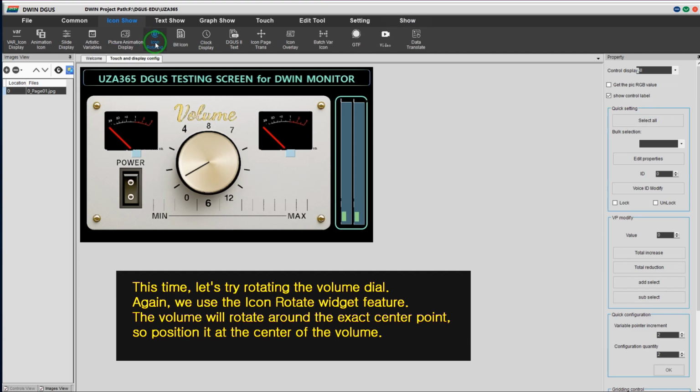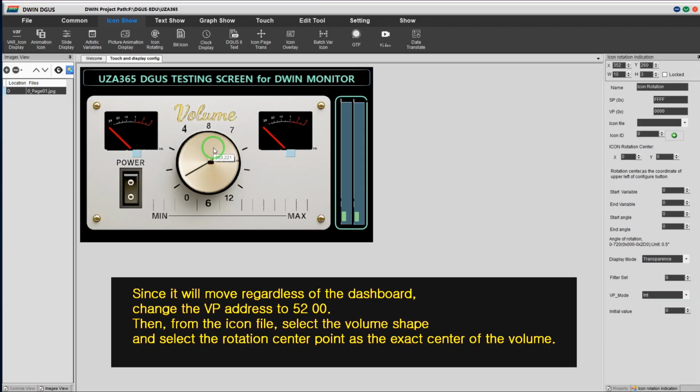Again, we use the icon rotate widget feature. The volume will rotate around the exact center point, so position it at the center of the volume. Since it will move regardless of the dashboard, change the VP address to 5200. Then, from the icon file, select the volume shape and select the rotation center point as the exact center of